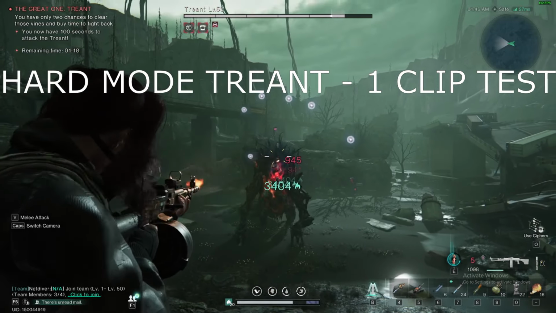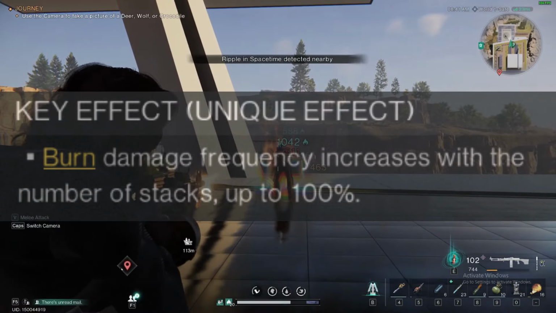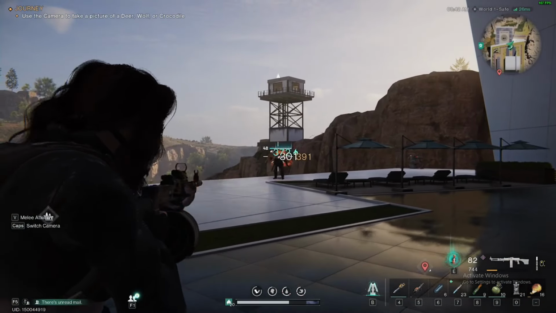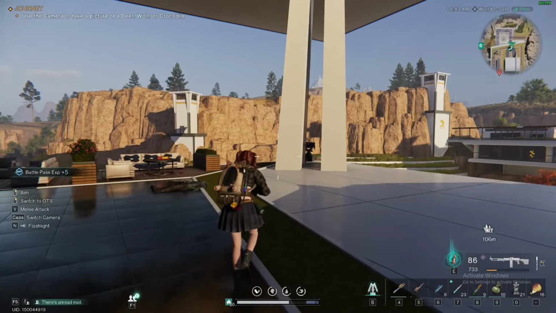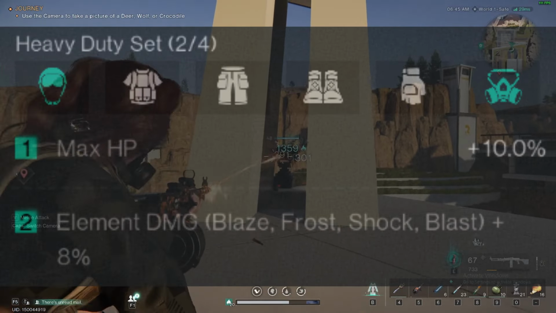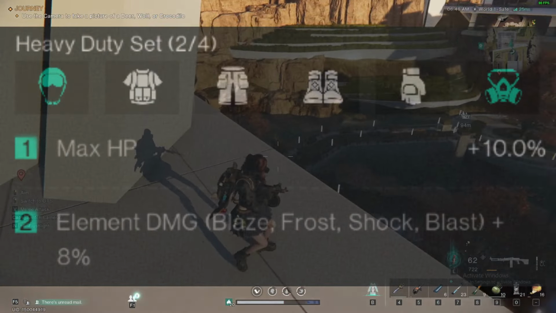BBQ Gloves come with the unique effect that cause burn damage frequency to increase with the number of stacks up to 100%. We will be combining 2 different gear sets with our BBQ Gloves, starting with our 2-piece, and that is going to be the Heavy Duty Gear Set. 2 pieces of Heavy Duty will grant us 10% extra max HP and 8% elemental damage, which will buff our